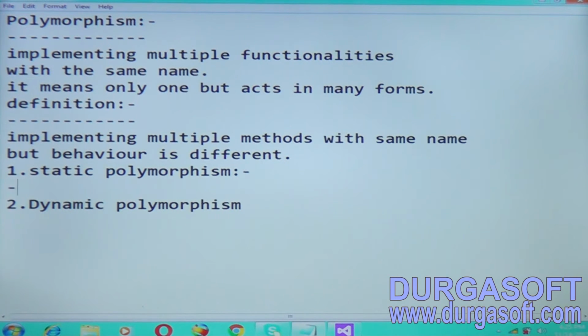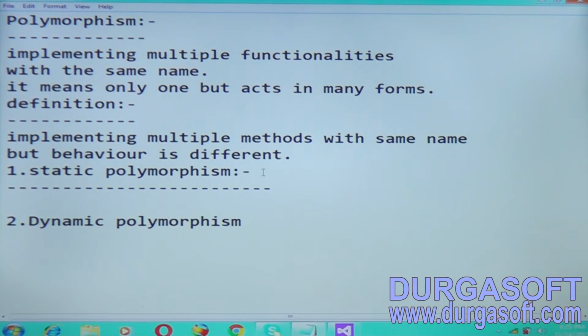What does static polymorphism mean? I'll tell you. In static polymorphism, a method will be bound at compile time. That means at the time of writing the program only, the method is bound at compile time.